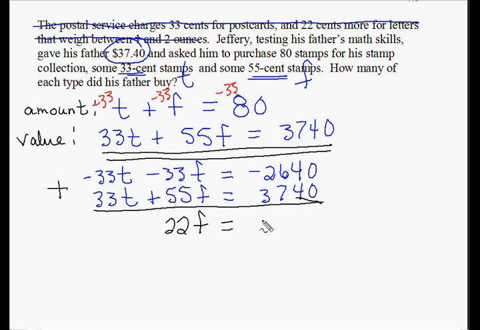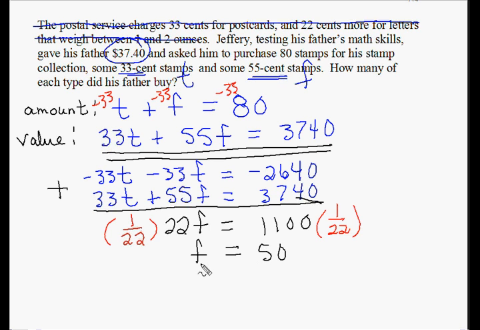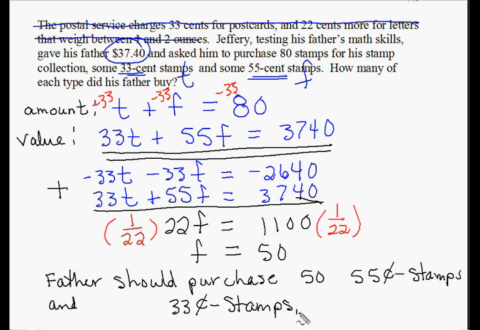equal to 1,100. I still need to solve for f, so I multiply both sides of the equation by 1 over 22. We now have f is equal to 50. F again represented the 55-cent stamps. So we know that Jeffrey's father should purchase 50 55-cent stamps, and we still need to determine how many 33-cent